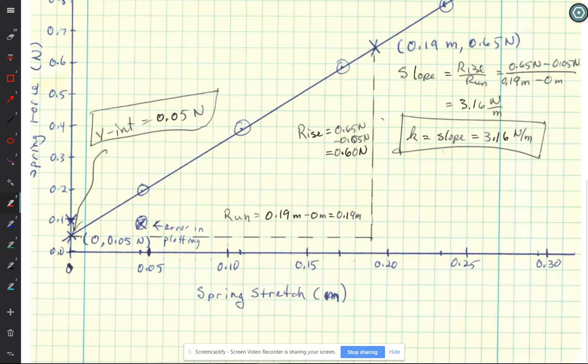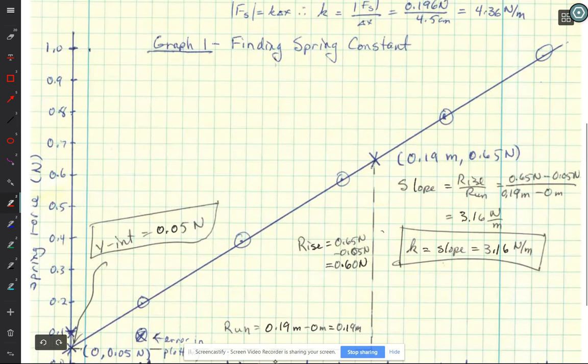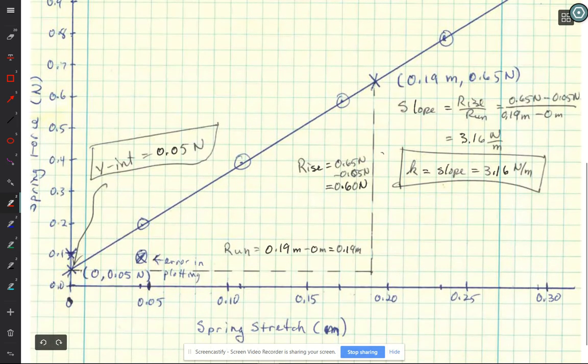So my data points, I put a dot and a circle around each data point, and then I drew a line. Now my data here was pretty close to a straight line, but when you find the line for a graph, there are some definite don'ts. Don't connect the dots. Let's suppose that your data looked like,